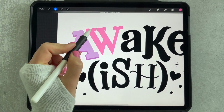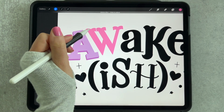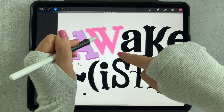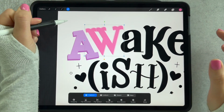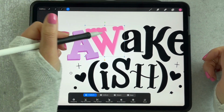Now I want the shadow this time to come to this angle towards my bottom right. So I'm going to tap my pencil to the page and then make motion blur. And you can see the number changing at the top and this starting to grow. So I don't want it to be too big, but let's try maybe a 19. And then you can kind of slide that into place. And it's too